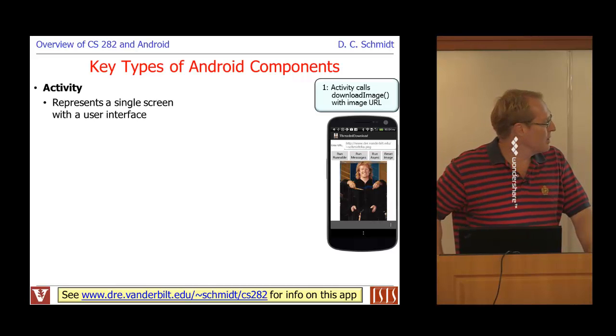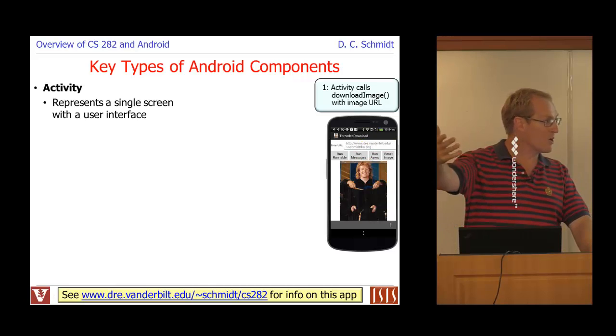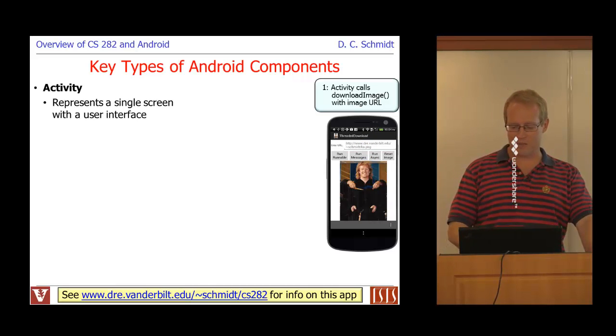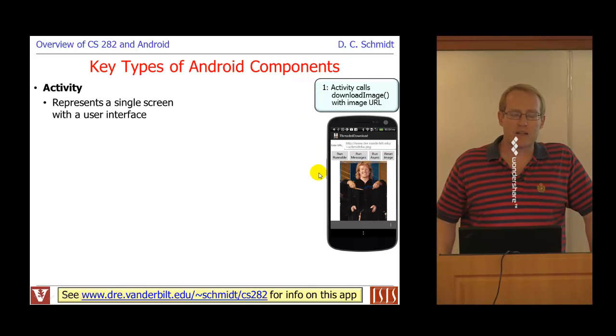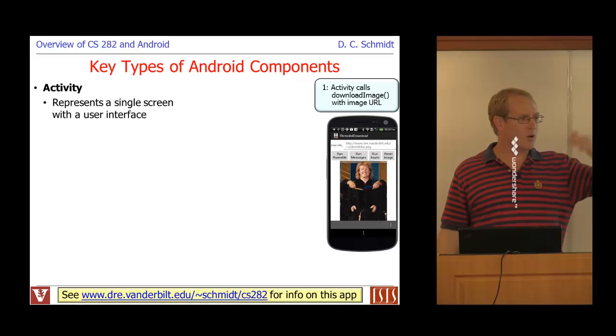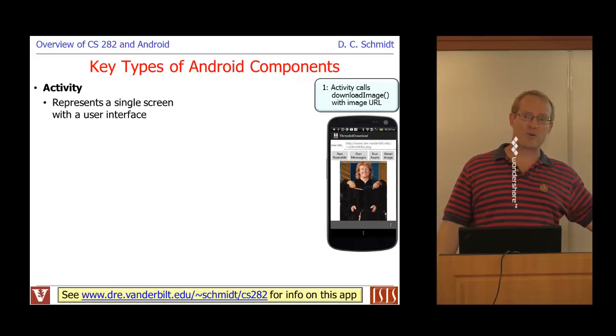And you'll see also, depending on how we end up doing the assignments, there's an application that you'll get a chance to start working on very shortly, starting next week, that will give you experience and exposure to all these kinds of things. And I'll show you bits and pieces of the app as we go through this. Basically what the app lets you do is you type in a URL for some place that has an image, and it downloads the image and stores it, and then it displays it. So it's pretty simple, but it illustrates some of the key points we want to get across in the class,